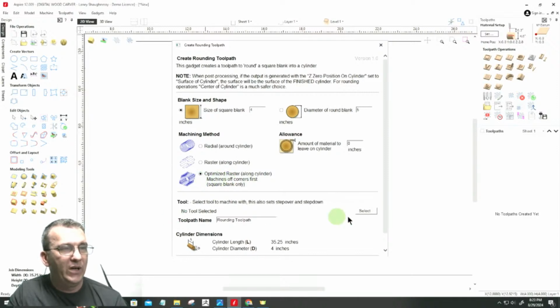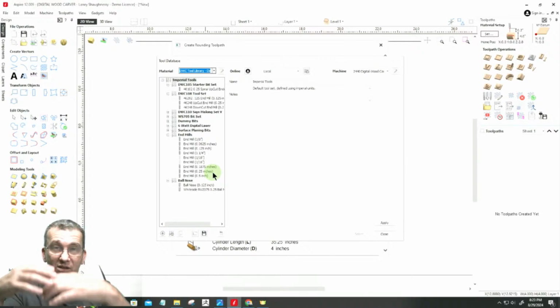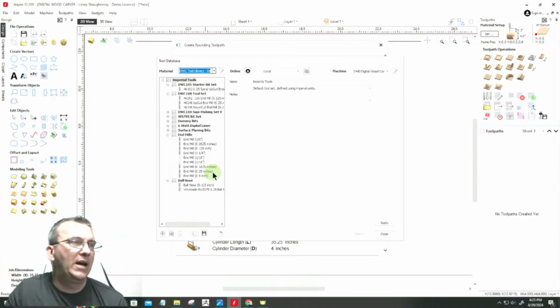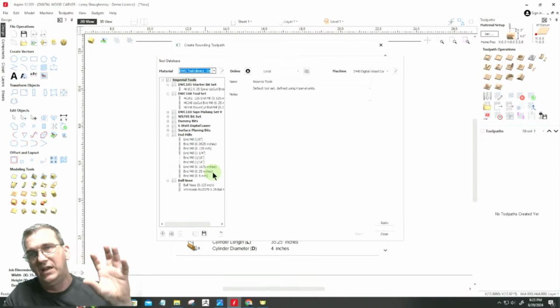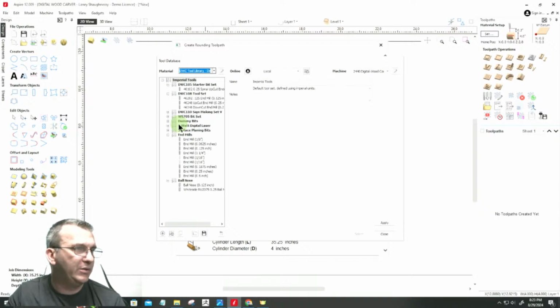So that would be what I would want left and everything. Now, I would put in a tool for the rough cut or the rounding toolpath, and it could really be anything. I typically use a large diameter bowl and tray bit that has radius corners, also referred to as a radius end mill. It's flat at the bottom and it has radius corners. But you could use any style bit you want, but for a roughing and rounding toolpath, I'm going to typically use a somewhat large diameter. So if I went into my bits and everything here,